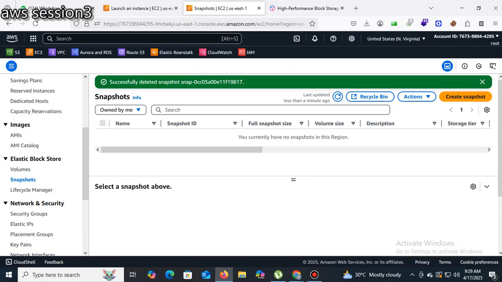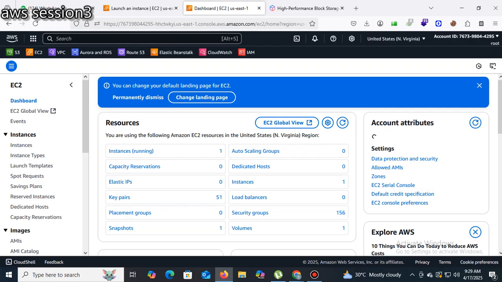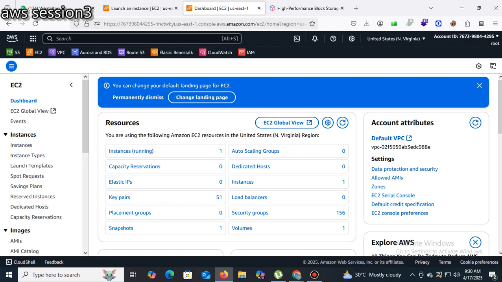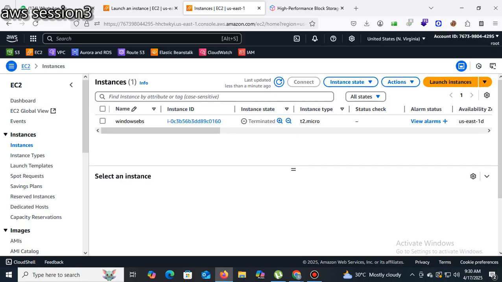That is how we created an EC2 instance and created a backup, that is a snapshot. You can practice the same thing for Linux. Nothing will change, only we need to type commands to create a volume. Everything is the same for Linux also. Here I just go to the instance to create a Linux EBS volume. So you need to try that one.